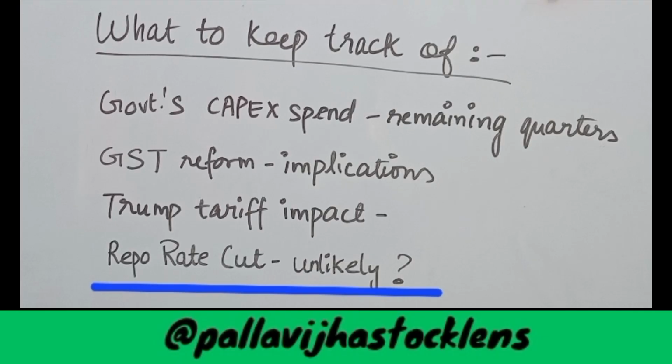repo rates. Right. So earlier the thought process was that Trump's tariff impact would affect exports, and therefore the economy would slow down, and therefore the government would step in by cutting the repo rate. That would make loans cheaper, and that would boost investment and demand. But since the data as of today is that inflation is at its 8-year low and GDP is the highest in 5 quarters, even if the GDP growth is not 100% organic, as far as it appears, it is a good growth number. And even GST reforms are being made to boost demand, to boost consumption, and to somewhat offset